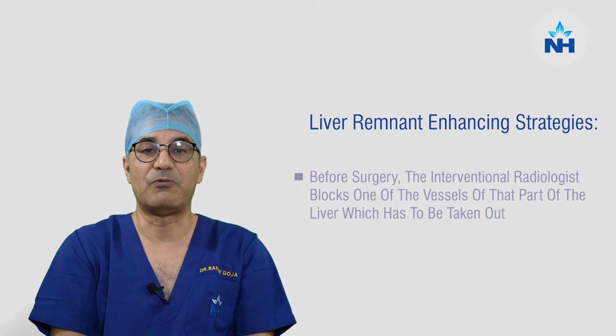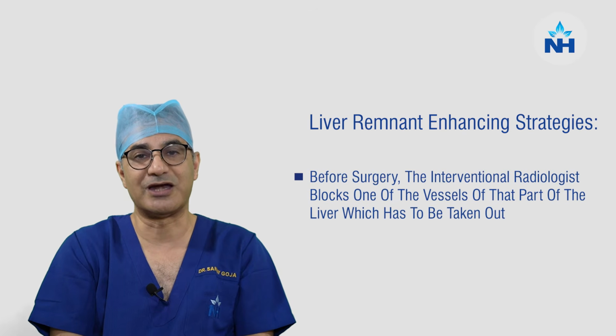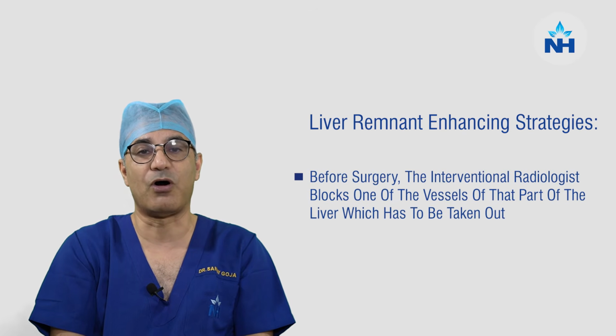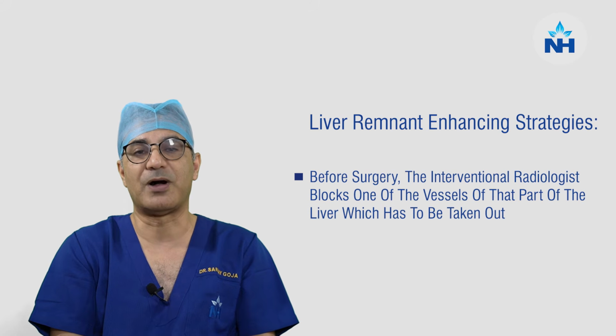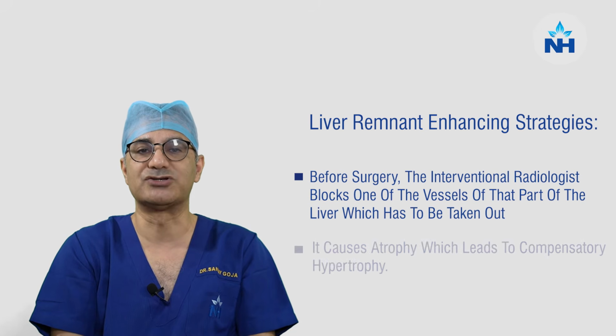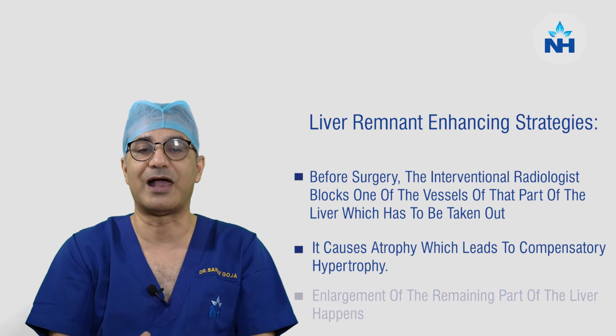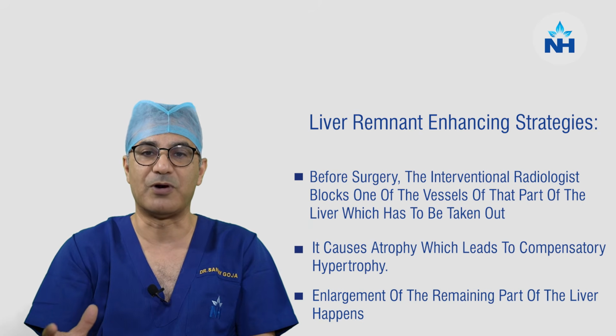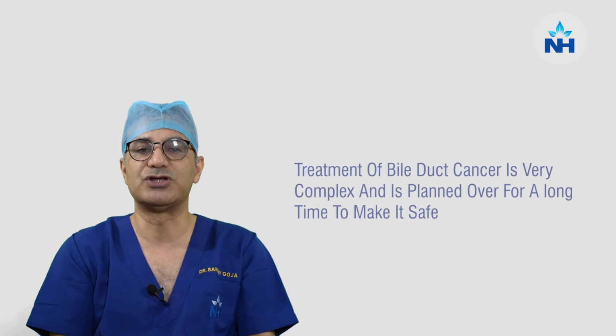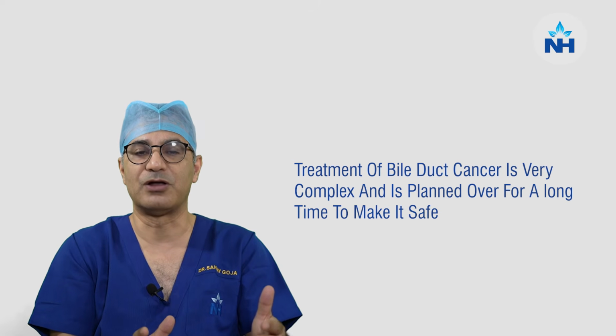strategies where an interventional radiologist, before the operation, blocks one of the vessels to the part of the liver which we are going to take out. That part atrophies a little and leads to compensatory hypertrophy, or enlargement, of the remaining part of the liver. So the treatment for bile duct cancer is literally planned over a